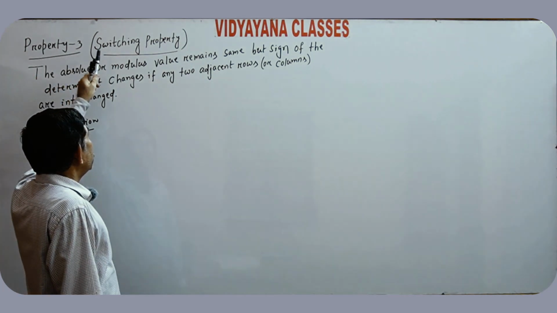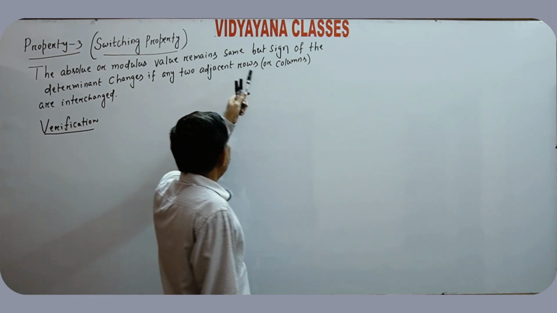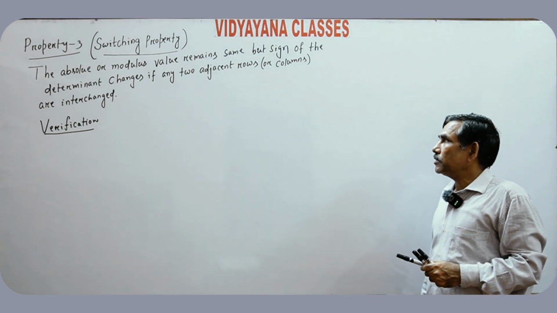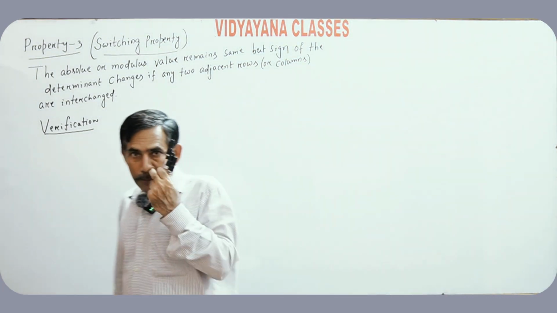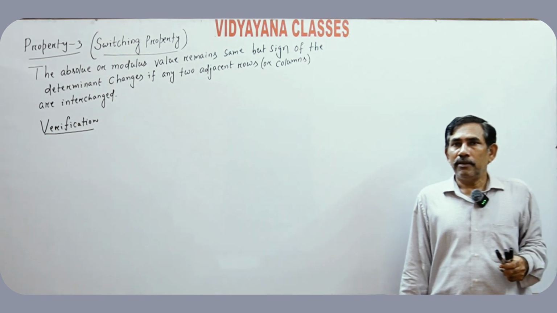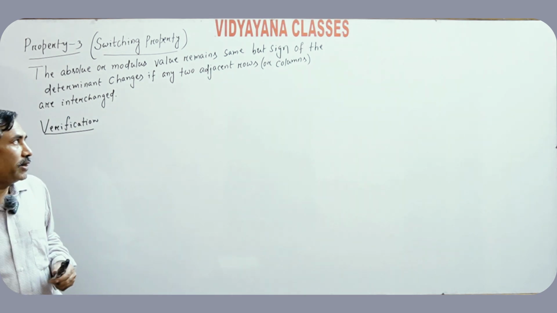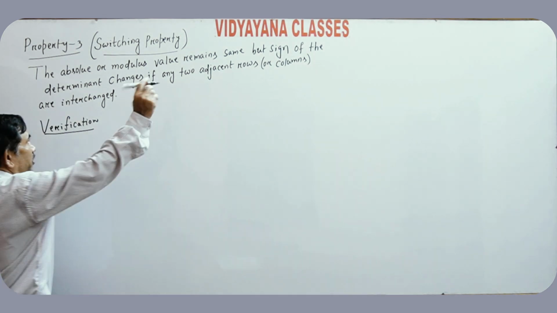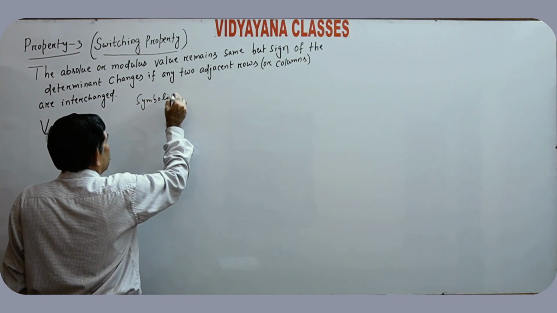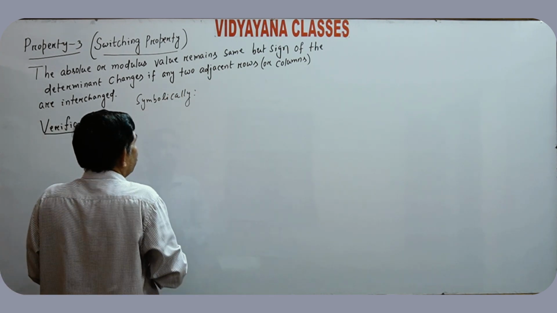Write down. Property 3, that is the switching property. The absolute or modulus value remains the same, but the sign of the determinant changes if any two adjacent rows or columns are interchanged. The absolute or modulus value of the determinant remains the same, but the sign changes if any two adjacent rows or columns are interchanged. Symbolically, it is written as